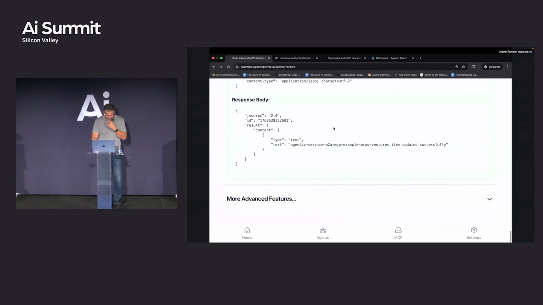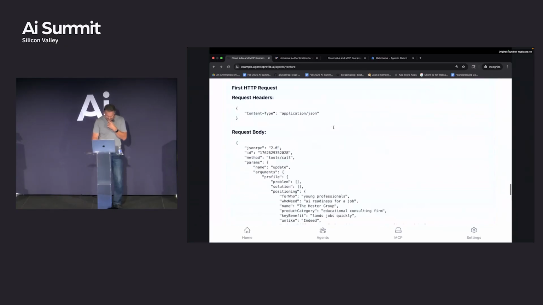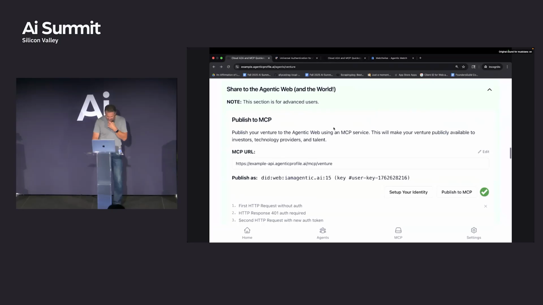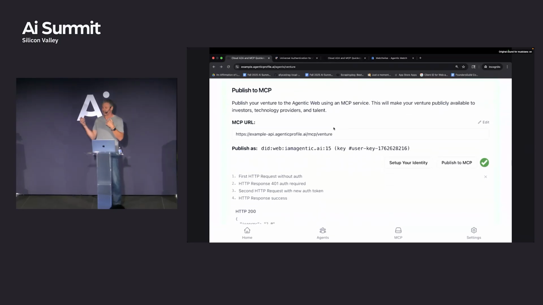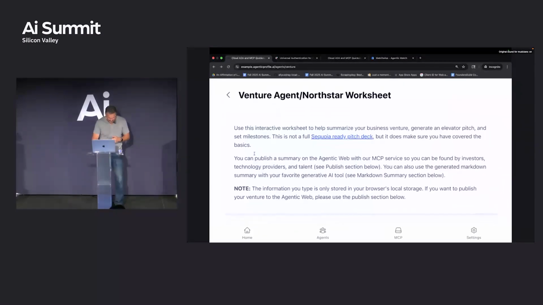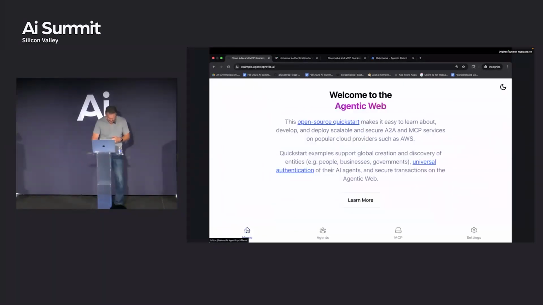So the short answer here is we go back up on the screen right now, and we were able to share this out to the Agentic Web. So it just published it. It's on the Agentic Web right now, which is really, really fun. And if we want to see this, let's just go back to where we find this thing right now. So we're on this site. We can go to home.